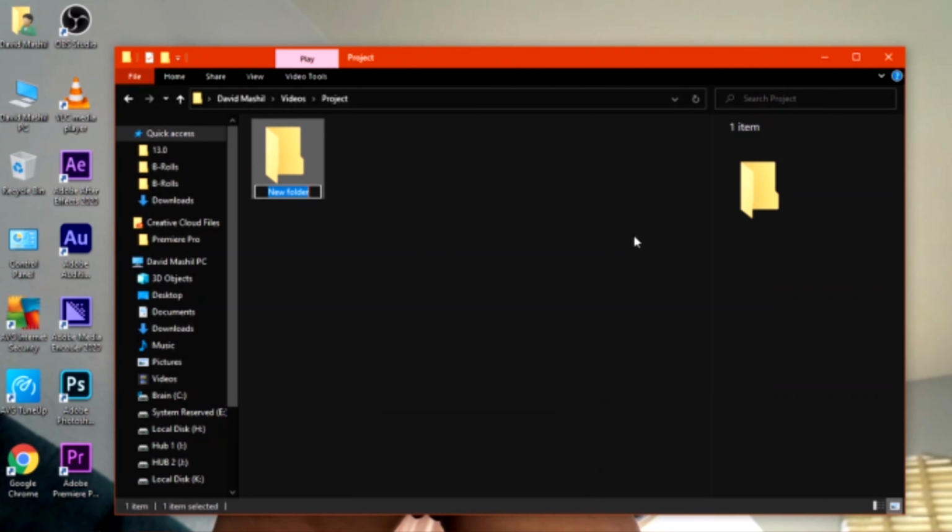we're gonna get straight into the organization of things, right? Organizing our folders so that we know where everything is. Go in the section where you normally keep your videos. So first things first, I will create a folder called projects, right? Then inside that folder, I'm gonna go ahead and create another folder called videos. Then inside the folder videos, I'm gonna go ahead and create a folder called A-rolls.